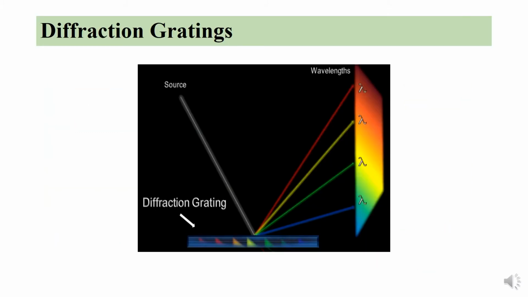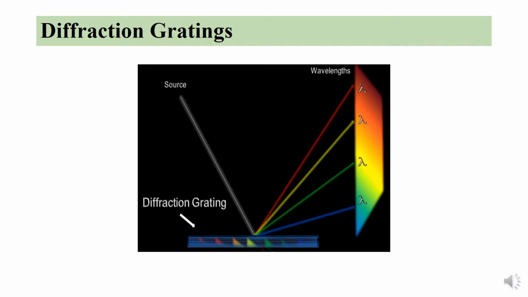Diffraction gratings. These are optical components with periodic structures that split and diffract light into several beams traveling in different directions and at different angles. The basic principle used in this diffraction grating is that a polychromatic beam, that is, a beam of various wavelengths, is dispersed into the spectrum by using certain associated lenses. This is based on the principle of diffraction.